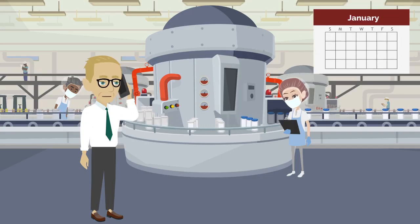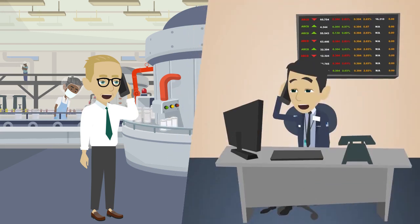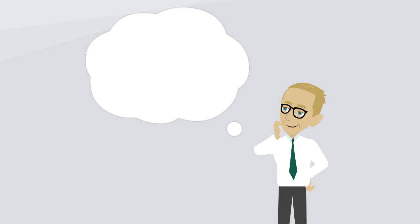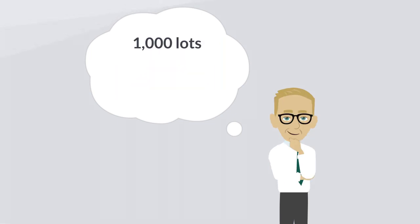At the start of the year, Steve checks the whole milk powder futures market via his broker, which shows that traders in the market are willing to sell 1,000 metric tons of whole milk powder futures at $2,800 for March settlement. One lot of whole milk powder futures equates to 1 metric ton of whole milk powder. Steve decides to secure prices $200 better than his procurement budget and remove the risk of future price moves against him. Steve buys 1,000 lots of whole milk powder futures at a price of $2,800, or 10% of his annual